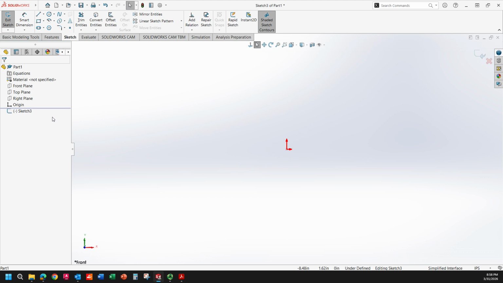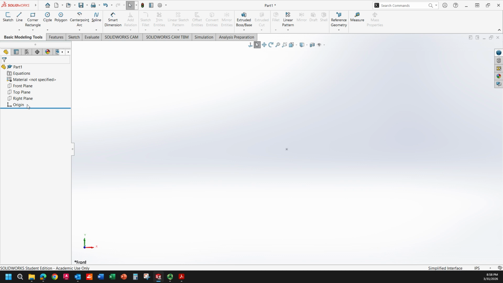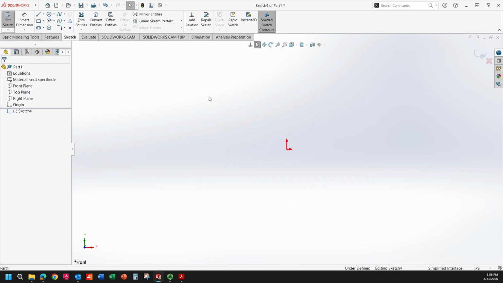However, in SolidWorks, if you don't use the sketch, let's say in this case, the sketch is empty. If I finish the sketch, it will be gone. So it will remove the sketch. Now let me go back to the sketch and sketch on this sketch plane. Now when I draw something in here,